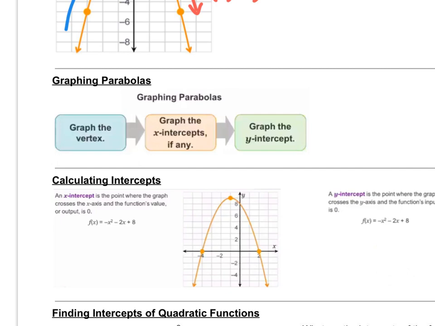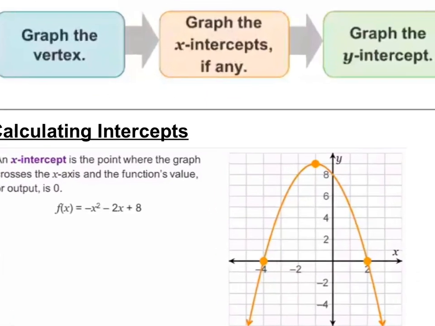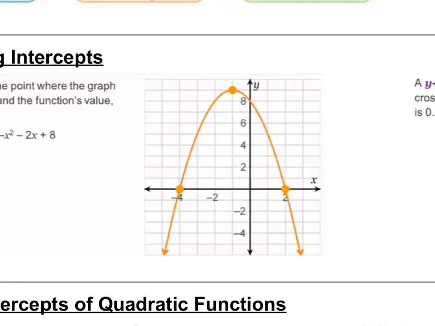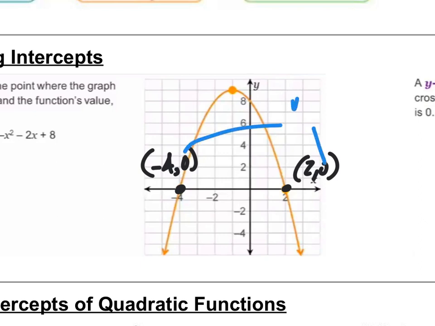Now, in order for us to graph the x-intercepts, that's the value where the graph crosses the x-axis, and the y value at that point is 0. So if I were to plot each of these intercepts here, this is the point negative 4, 0, and this is the point, say, 2, 0. Notice that the y values